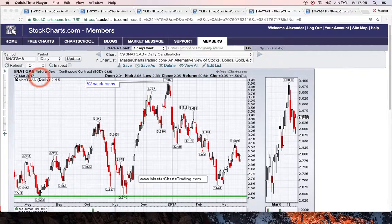All right, and here's natural gas on the daily time frame. Very volatile security. Be careful trading it. So these are 52-week highs here, just at the beginning or the end of 2016. After that, we moved strongly lower, and I thought that this was it. I thought we bottomed out here in February and then surged. So now we're again moving lower, and now I wonder if we may actually come down and retest this breakout level